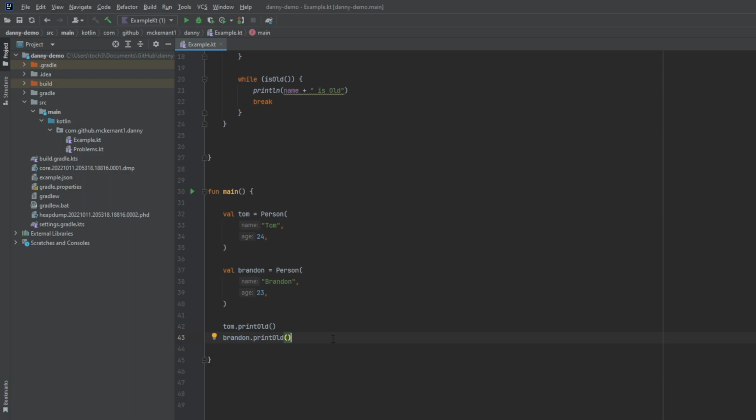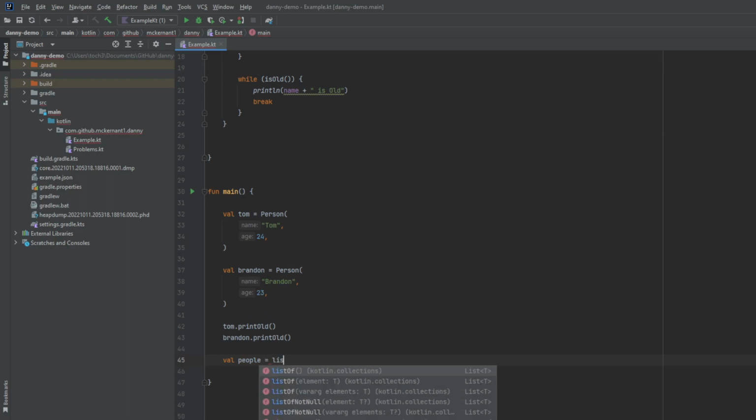So essentially, the problem is, okay, I have these two people, but what if I want to put them together in a group or a collection, and I want to pass that collection around without having to pass all these individual person objects around? And the solution to that is essentially something we call a list. So I'm going to declare a people value, and it's going to be a list of